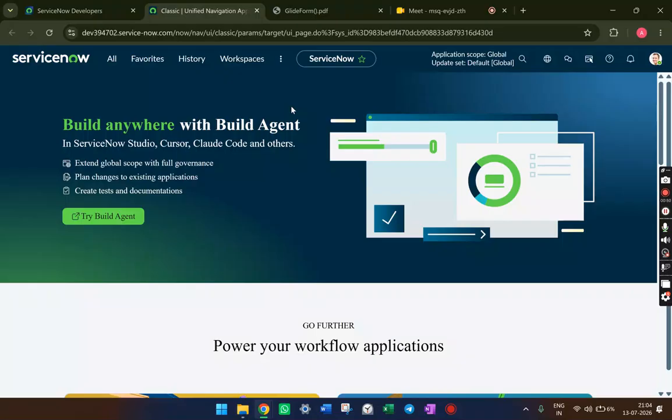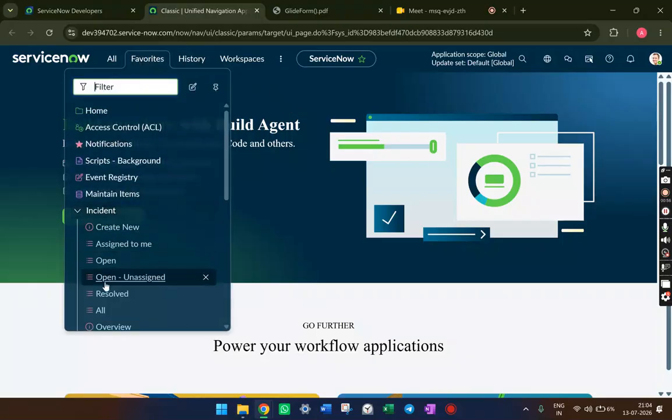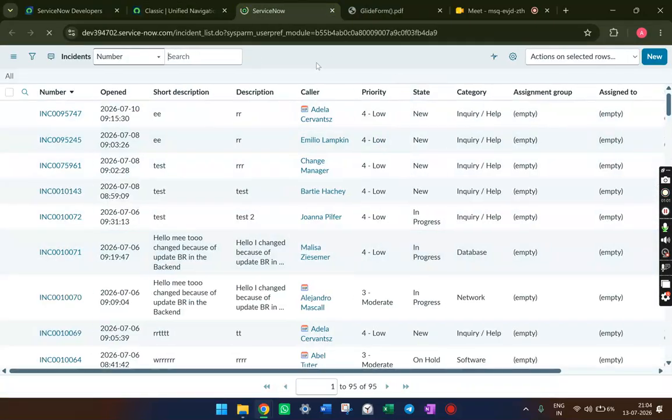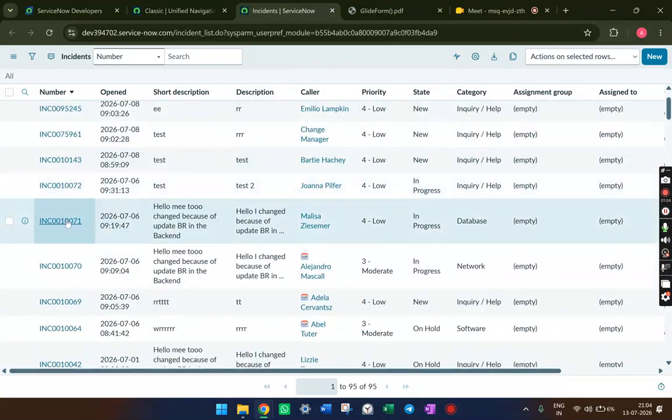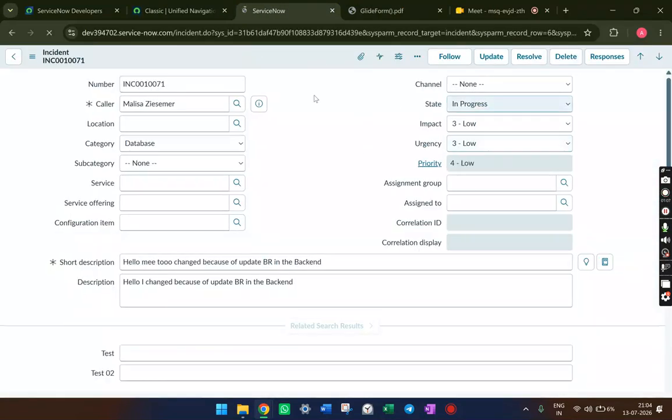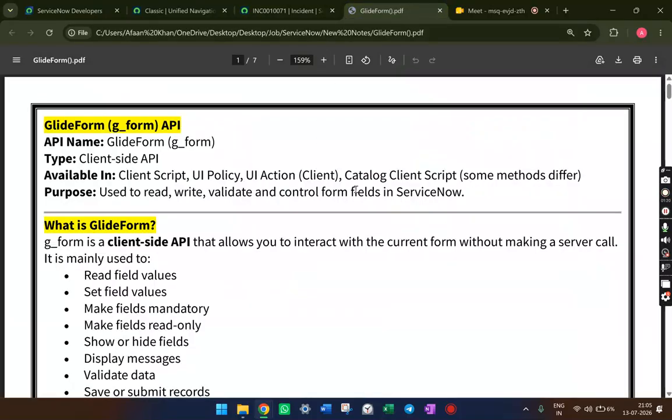And do you know what the form view and the list view are? Yes. As the API name suggests, GlideForm will run only on the form, not in other places. So we will be dealing with GlideForm only today. I have prepared some notes for you as well. You can check here. First of all, it is a client side API, and we can